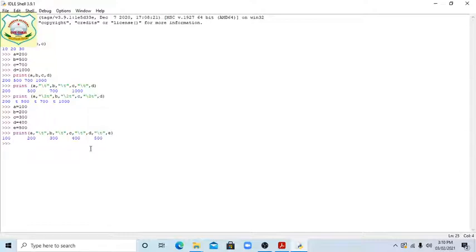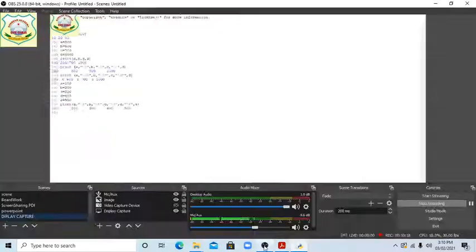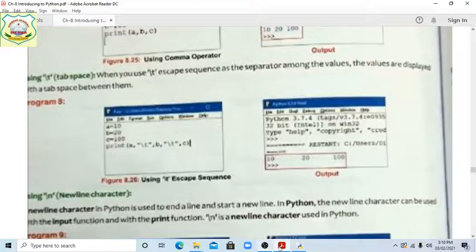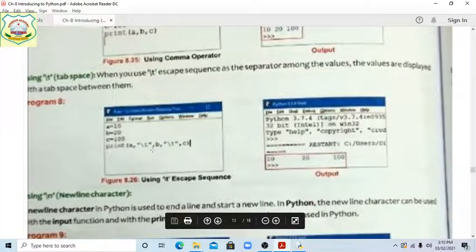Say students, in program 8 we have done this. This is the output, showing whatever we have done.